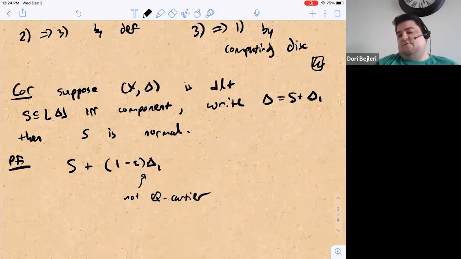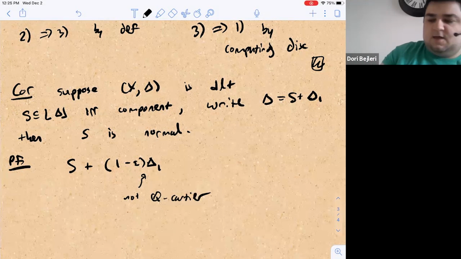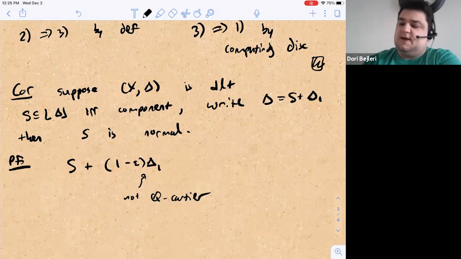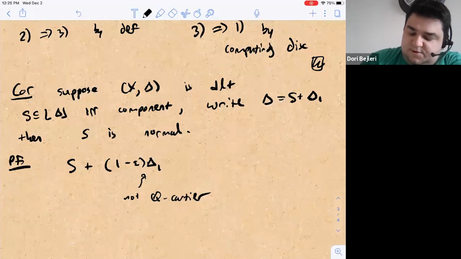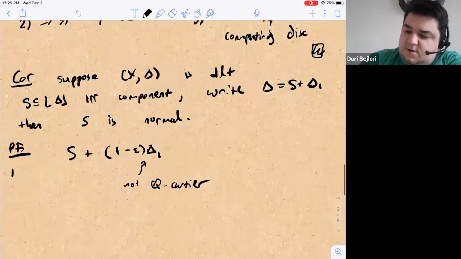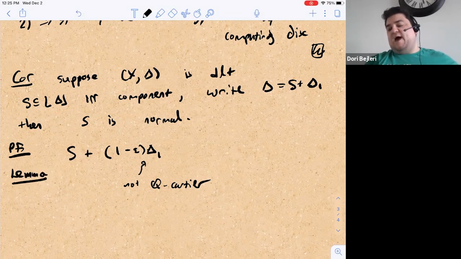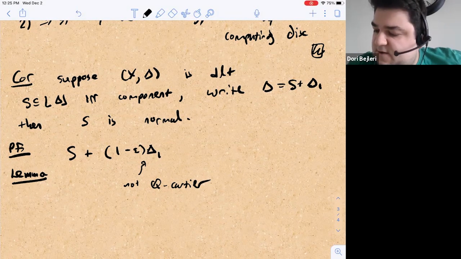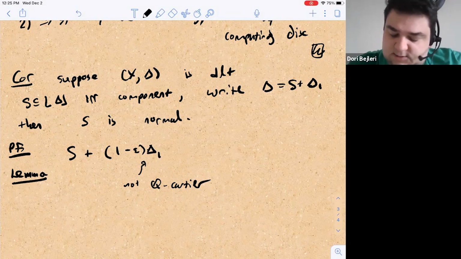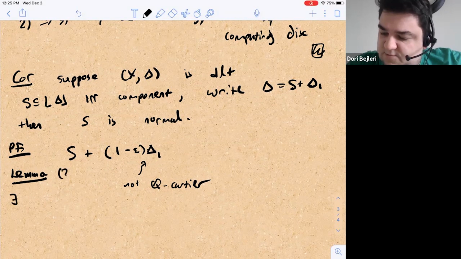And so we can't really do this perturbation, because then we don't have a log pair. If we subtract some non-Q-Cartier divisor, then our log canonical is no longer Q-Cartier. And so we have to be a little more careful with this perturbation. Basically what you do is you subtract delta 1 and then add back some generic ample plus delta 1. And so the lemma is that there exists, and this is 2.43 in Kollár–Mori,